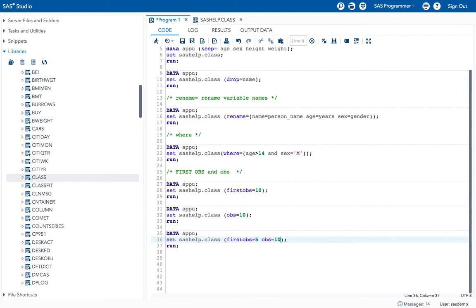Can one of you tell what happens if I give it like that? Ma'am, you have given FIRSTOBS, so it will start from the 5th observation, and you have given OBS equal to 10, so it will give till the 10th. From the 5th it will start and till the 10th it will give. Very good.